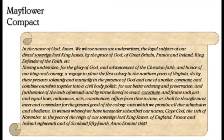And the Mayflower Compact reads, "In the name of God, Amen, whose names are underwritten, the loyal subjects of our dread sovereign Lord, King James, by the grace of God, of Great Britain, France, and Ireland, King, Defender of the Faith, etc., having undertaken for the glory of God and advancement of the Christian faith in honor of our King and country a voyage to plant the first colony in the northern parts of Virginia, do by these presents solemnly and mutually in the presence of God and one another covenant and combine ourselves together into a civil body politic